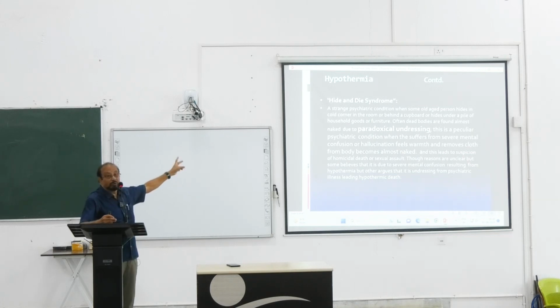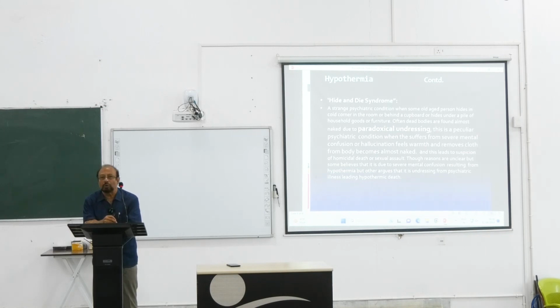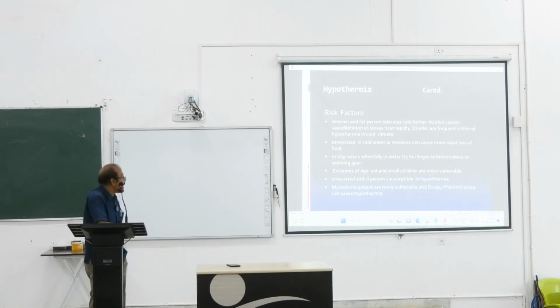So this hide and die, remember these two things because it is very important. Hide and die syndrome or the paradoxical undressing. So hypothermia, these two things, then there is nothing more for us to do, particularly here is a forensic examination, the doctor has to explain whether it happens in these situations, particularly if any inquest is done, any abnormal death or any sudden death in this situation. So now the forensic doctors actually come into action. They have to investigate, they have to explain medically whether it is possible without these things, whether it is natural.